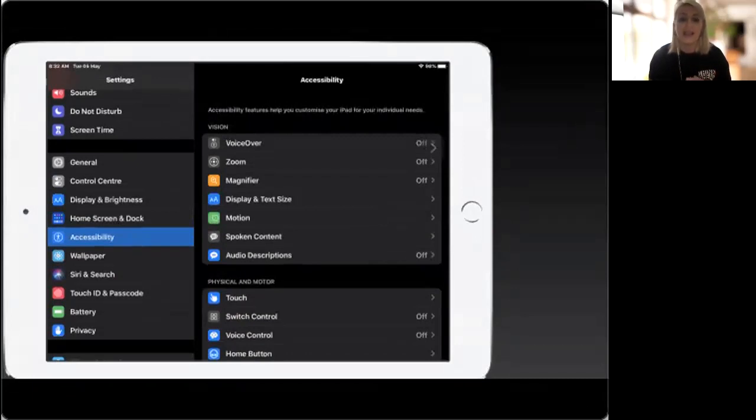So as you can see, Apple's accessibility features are not limited to one disability. They are unbelievable accessibility features across the board for every single different type of disability, from blind, low vision, deaf, hard of hearing, physical motor disabilities, learning, neurodiverse disabilities. I'm yet to find one disability that I'm not able to help with the accessibility features that are built into